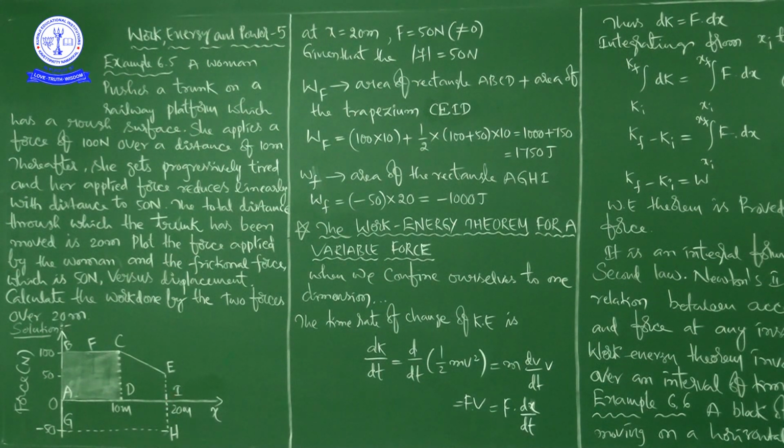It's a question asking to draw the graph. Plot the force applied by the woman and the frictional force. So, this is the graph. Clear. Now, based on this, he is asking us to calculate the work done by the two forces over